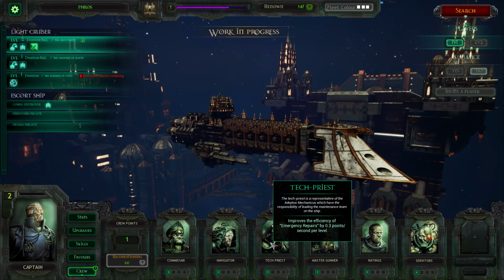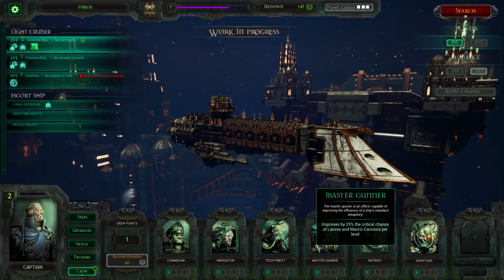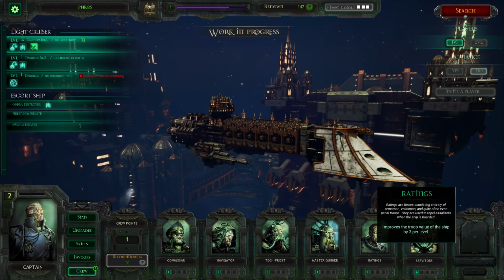It might have won me the game that time actually, because I did do emergency repairs on both ships, and they both had a tiny amount of health at the end, so it might have just hit the edge for me there. The Master Gunner just increases the critical chance of Lances and macro cannons. Now, this ship hasn't got Lances, it's just got macro cannons, so I'm not sure how good that's going to be for this ship. The ratings, who are just your dudes on the ship who do the basic jobs in the background, they...